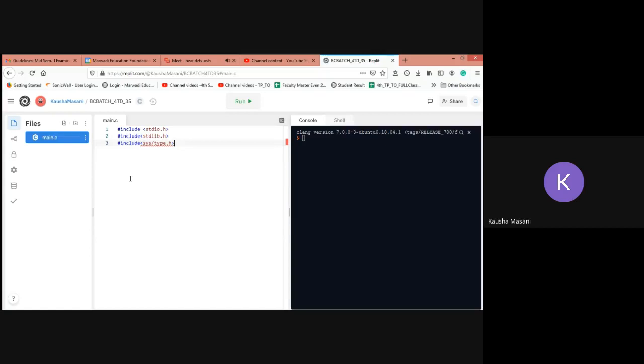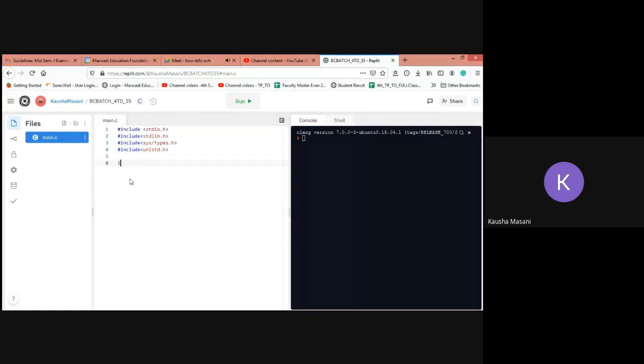And the last one is unistd.h. These are the libraries which I am going to need.